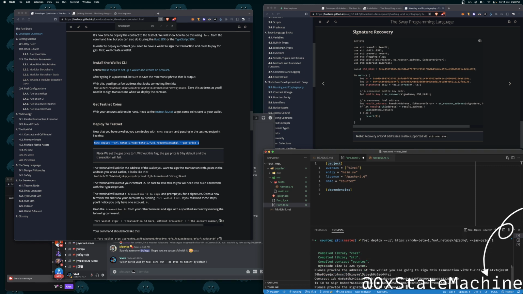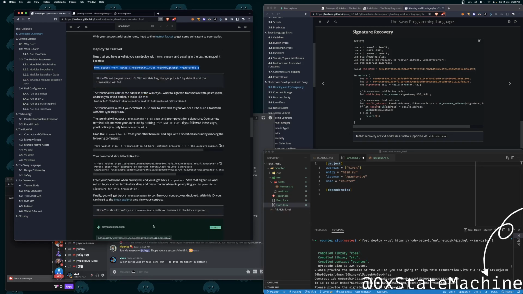Transaction ID to sign this. Please provide the signature for this transaction. How can I do this? You need to first of all do this. TX ID to sign this, right?